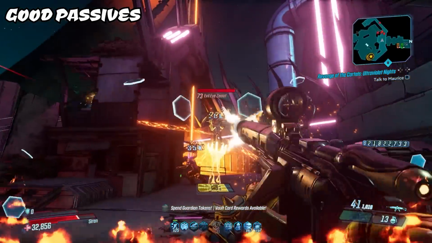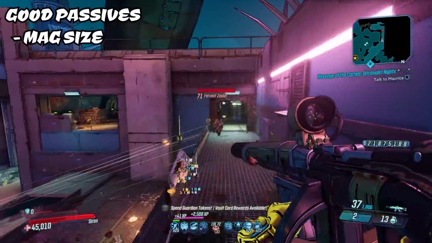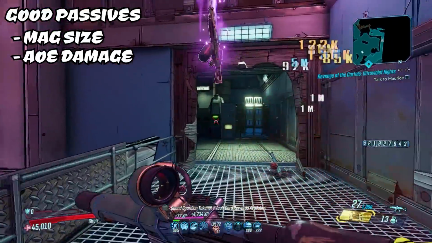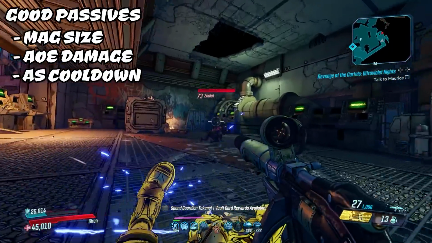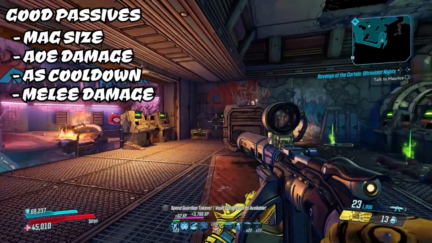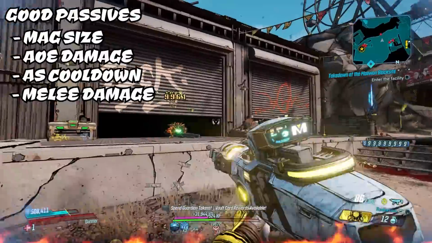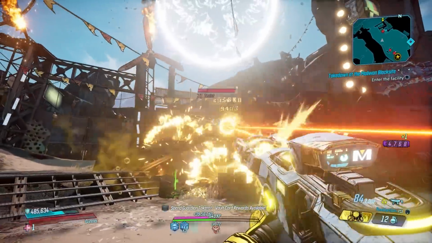For artifacts that can roll with all passives like the Victory Rush, generally you should be looking for max size, area of effect damage in either slot 2 or 3, action skill cooldown rate, and if you're doing a melee focused build you'll definitely want to boost that too. The other passive stats that I'd generally look out for across the artifacts, but with base game artifacts there's also